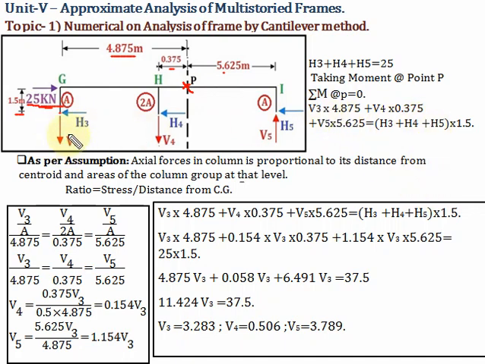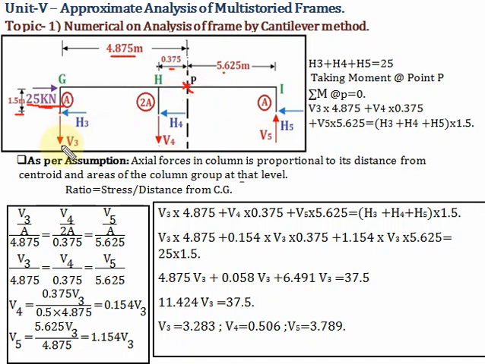Now what vertical forces are there? On the left-hand side of the CG, we consider the forces acting downward, and on the other side of the CG, we consider them acting upward. Only one force is there, V5, acting upward, and these two forces are acting downward. Remember, this is very important. On the left-hand side of the CG, the two vertical forces should be downward; if the CG is over here, one should be downward and on the other side upward. Now we'll take the summation of moment at point P equal to 0.